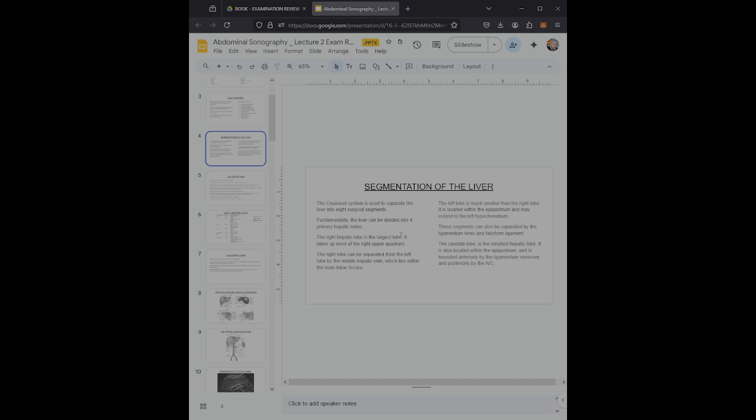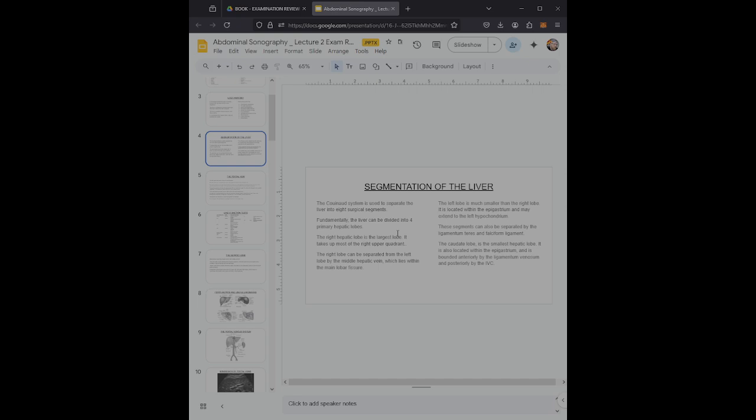The left lobe is much smaller than the right lobe, and it is located within the epigastrium and may extend to the left hypochondrium. And the left lobe may be divided into medial and lateral segments by the left hepatic vein within the left intersegmental fissure. Right, so let's expand on this. So we have these three finger-like projections,